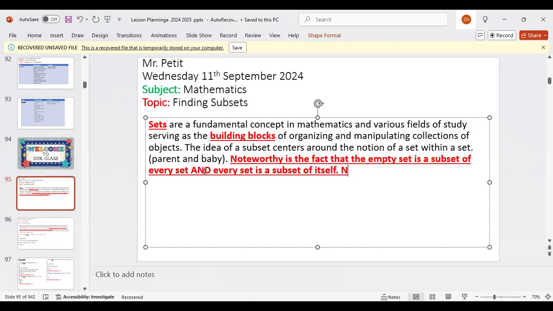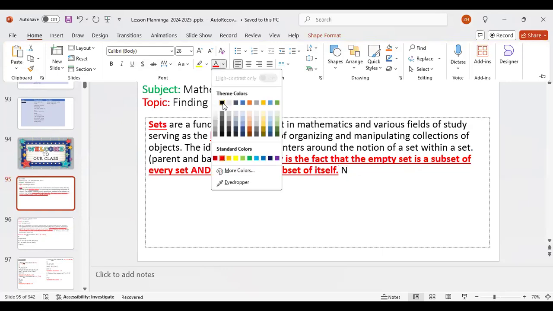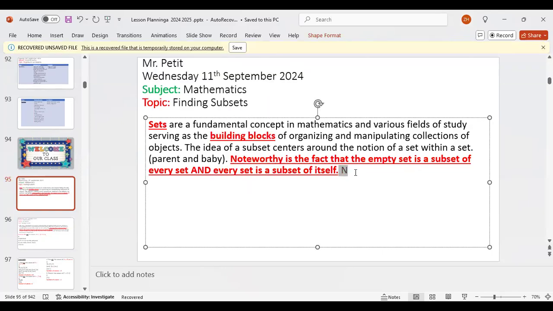Can't we say that the empty set is a subset of every set? It kind of makes sense.